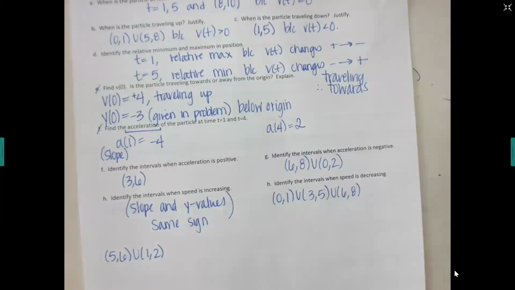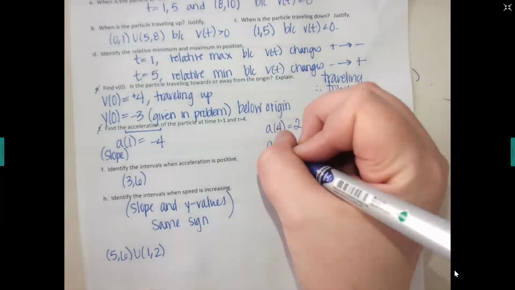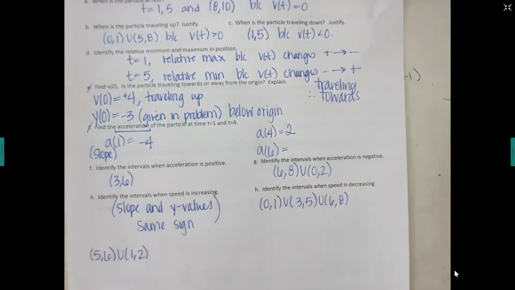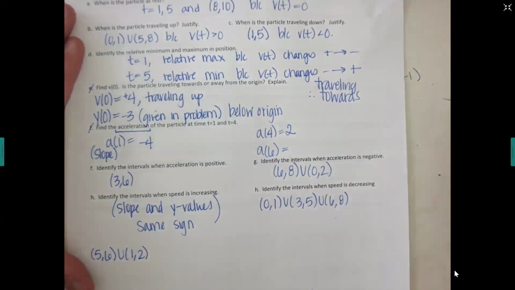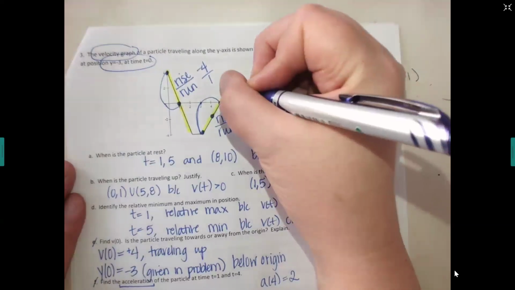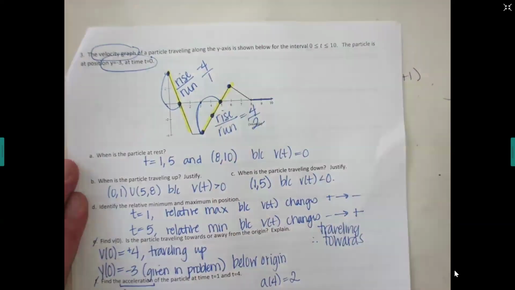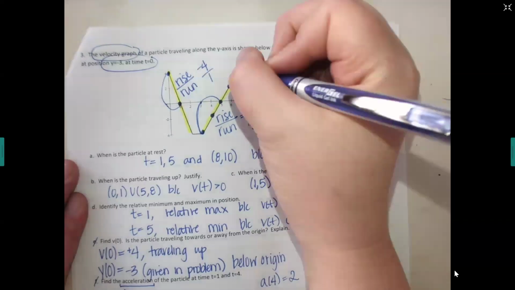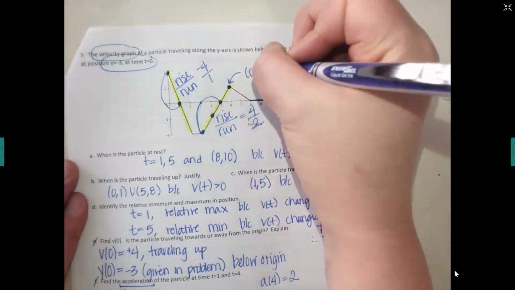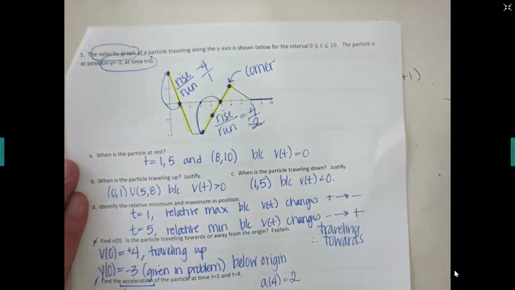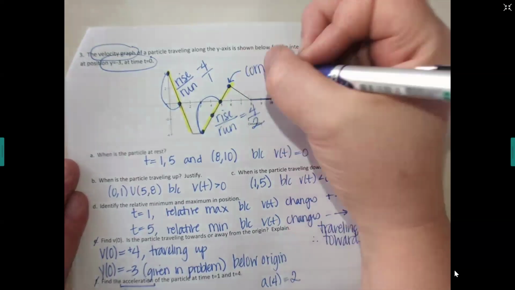Okay, there's one more time that I want you to add acceleration for. Let's find the acceleration at 6. So add in A of 6. Go to your graph at 6. Is that on a line? Okay, you should notice that at 6, what feature is that? It starts with a C. Not a cusp, but it's a corner, which is kind of the same thing. So if you are on a cusp or a corner, you cannot take the slope at that point. Okay, so we'll put cannot